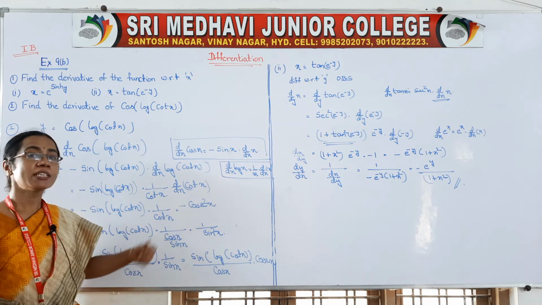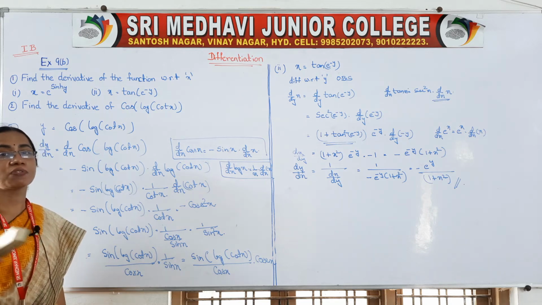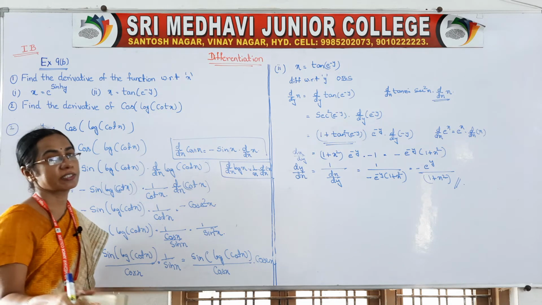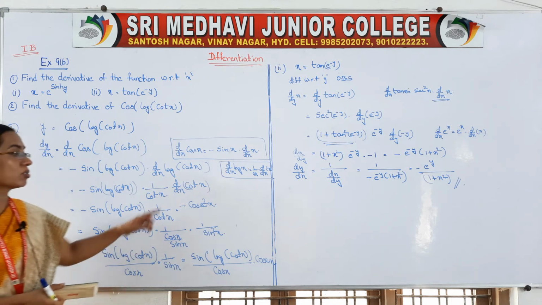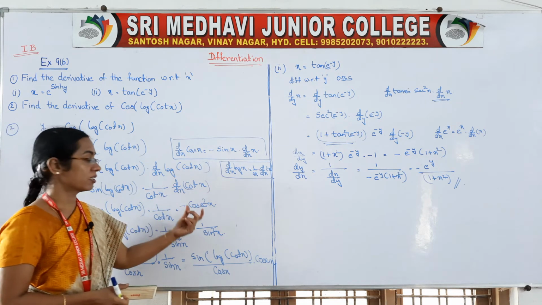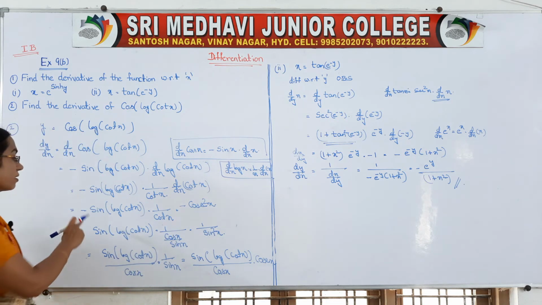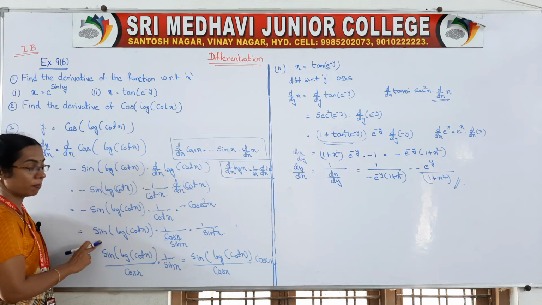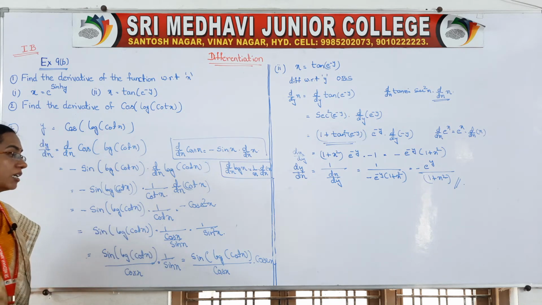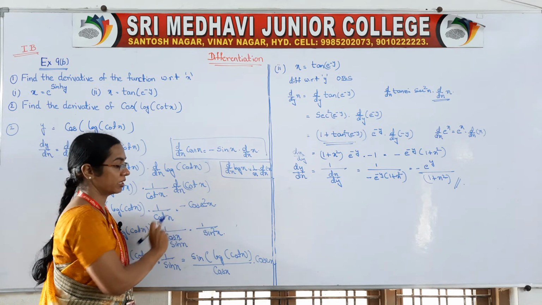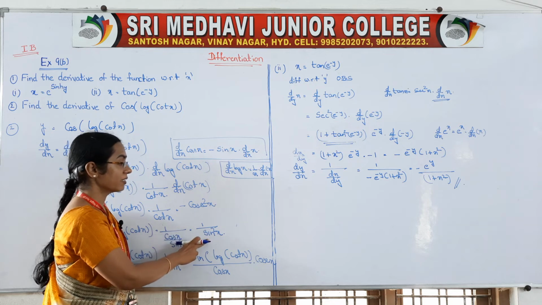Remember, the derivative of c functions, meaning the functions which start with c: cos, cosec, cos inverse, cosec square. So d by dx of cot x is equal to minus cosec square x. So minus of minus becomes plus, and cot x can be taken as cos by sine, and cosec square, you know, sine and cosec are reciprocal to each other. So 1 by sine square x.